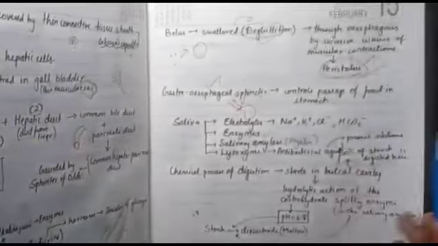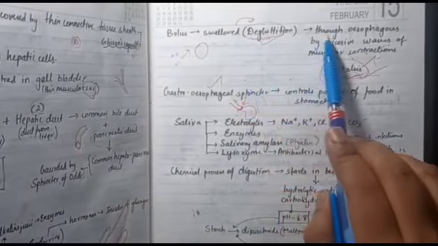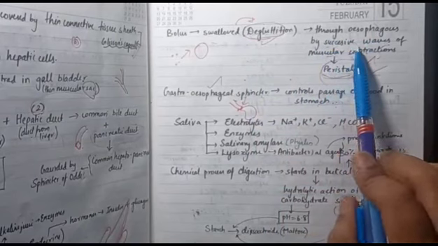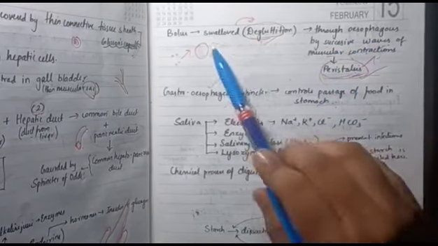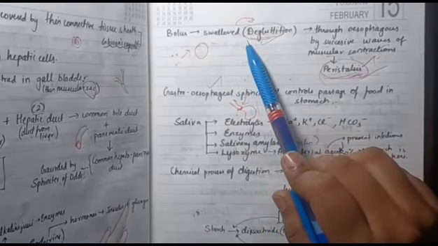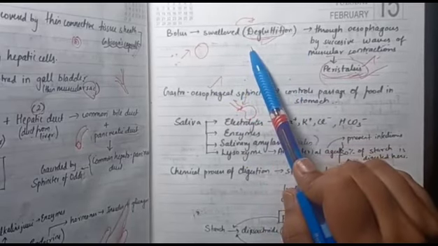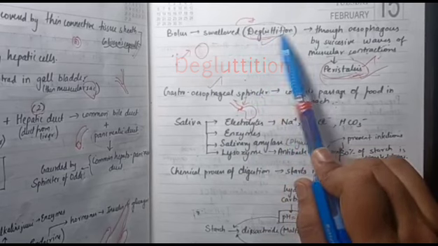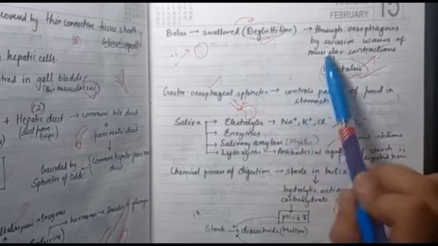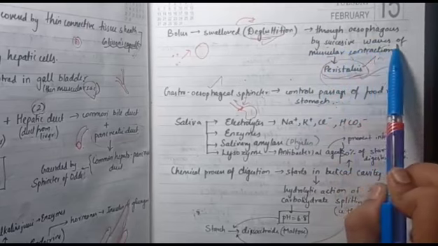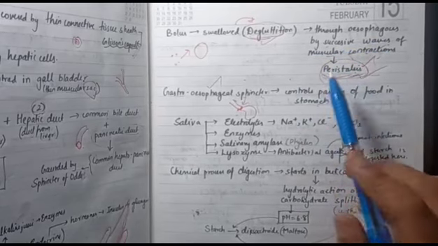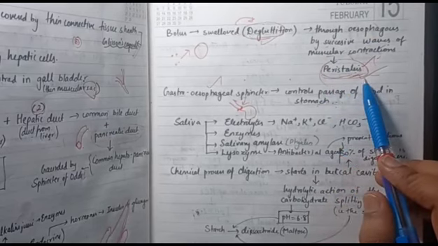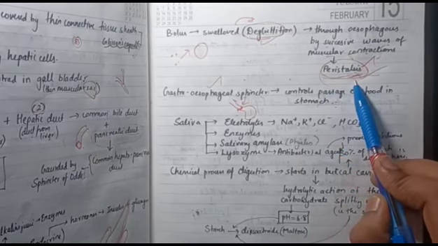Now, bolus is swallowed and it goes through the esophagus by successive waves of muscular contractions called peristalsis. Another name for swallowing is deglutition, and in many question papers we can see deglutition as the word instead of swallowing. So remember that. Peristalsis is a frequent word used in previous years, so that is a word to remember,